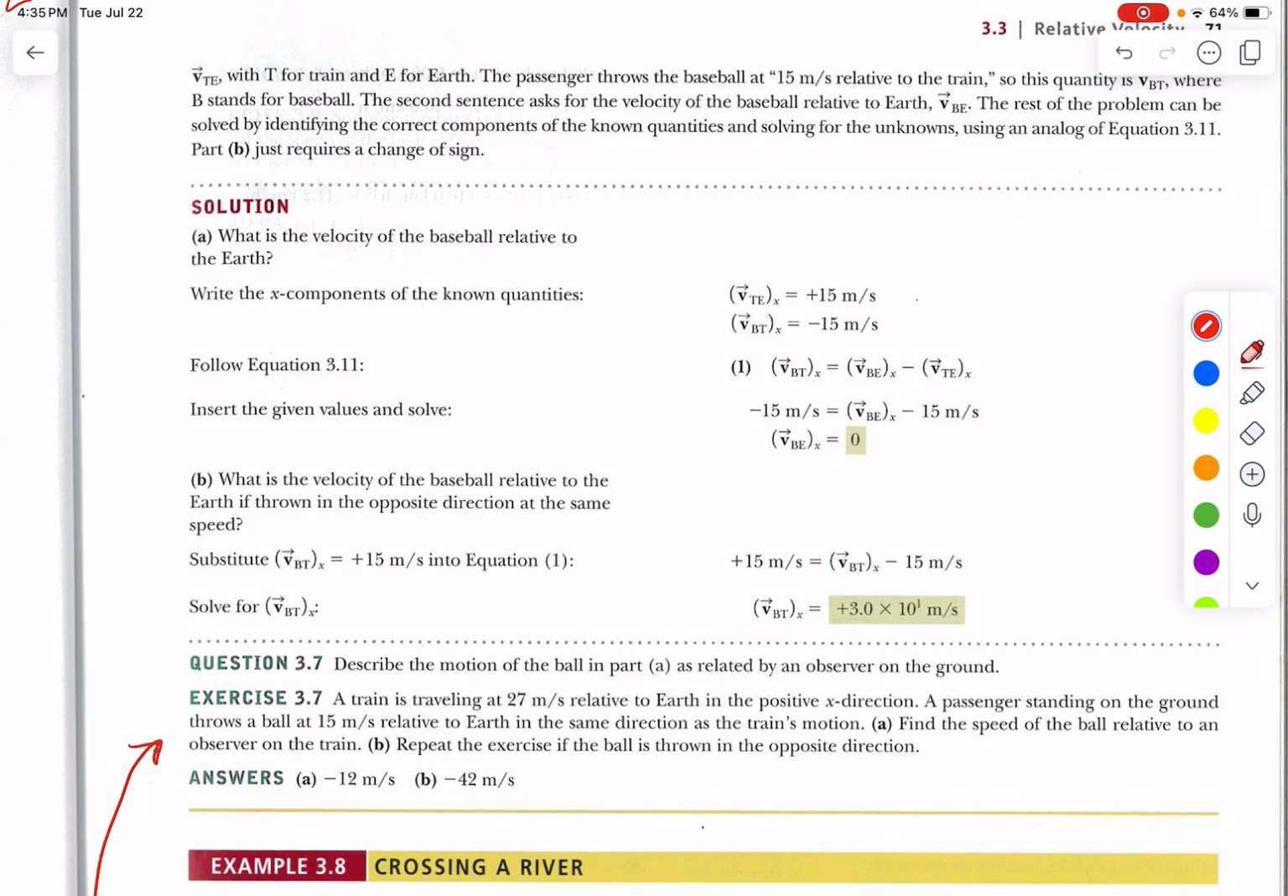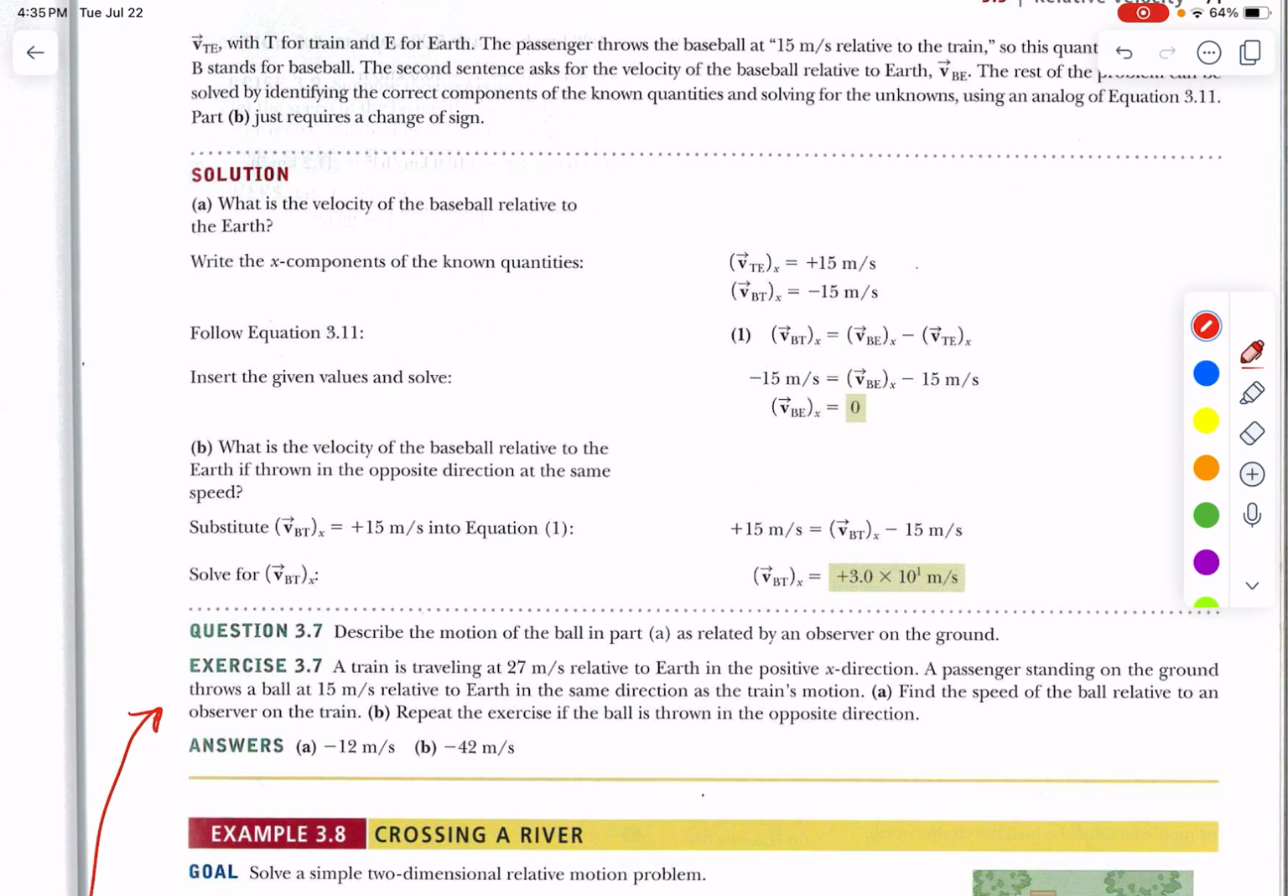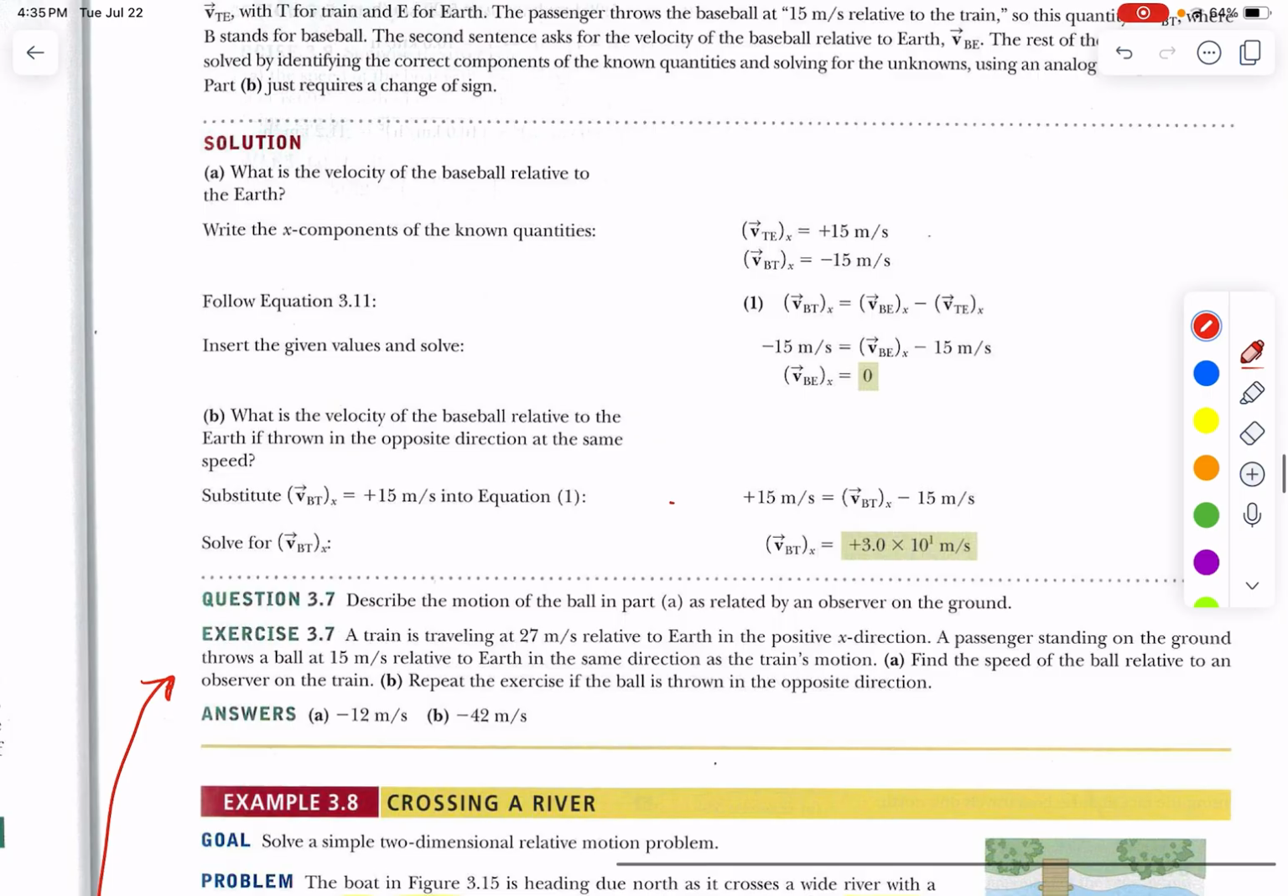In which case, when you're throwing the ball in the same direction as the train, you're going to be adding those two speeds together, 15 plus 15, and you're going to get 30 meters per second. This is 30 meters per second. And so the person watching this will see the ball moving at a speed of 30 meters per second if